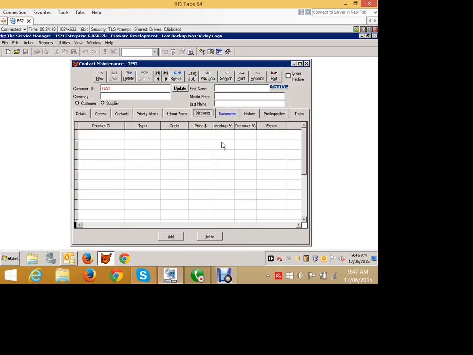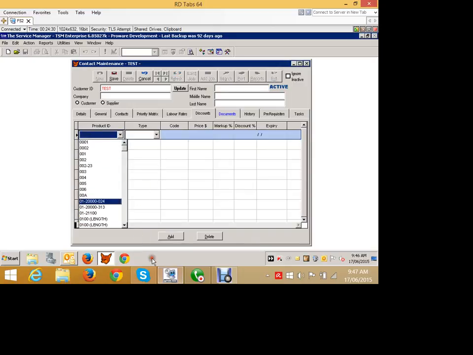You can also offer product discounts. So you may say, for example, that I have a standard part number, whatever it happens to be. One of these, I don't know whatever that is. So for this particular part number, I will charge, instead of the standard price, I will charge $20. Or I will charge a markup of 20%. Oh, I've got to say that, sorry. Or I might charge a discount of 10% off the standard price. Or I might charge a markup of 20% on the cost price,